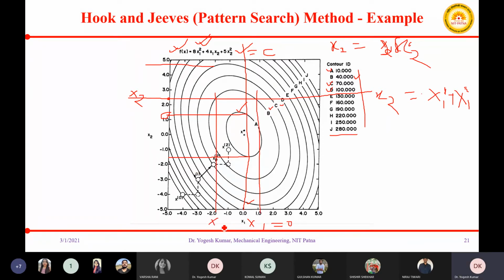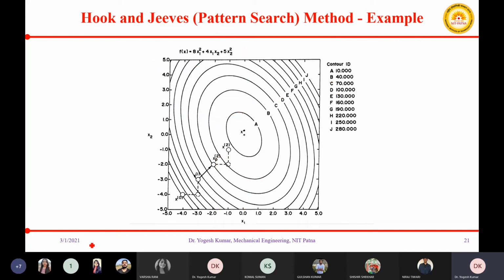This will be the first value, this will be the second value. So here, since the equation is quadratic in nature, we will have two values for each corresponding coordinate. For any value of x1 there are two corresponding values of x2, and for any value of x2 there are two corresponding values of x1.